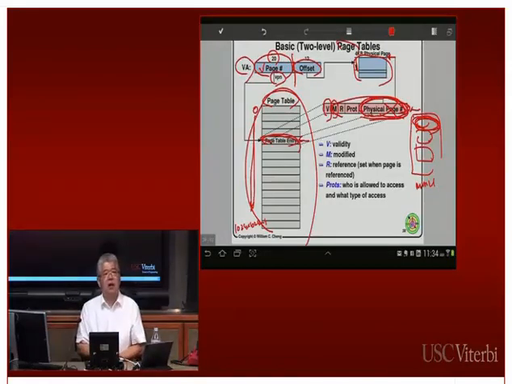The modified bit over here tells you whether that page has been modified or not. If you try to write to a particular page, this bit will be set to 1. If a page has never been modified, then it is set to 0. So in a way, this is kind of like the dirty bit. It tells you whether that page is dirty or not. Remember, what does dirty mean? If a page is not dirty, that means that this page is exactly the same as what's on disk. If a page is dirty, that means that this page is not the same